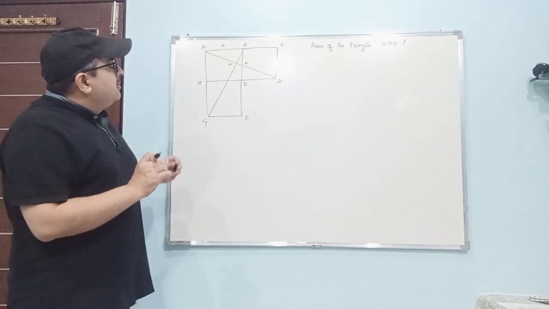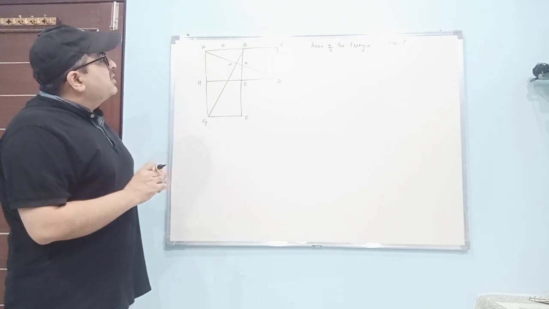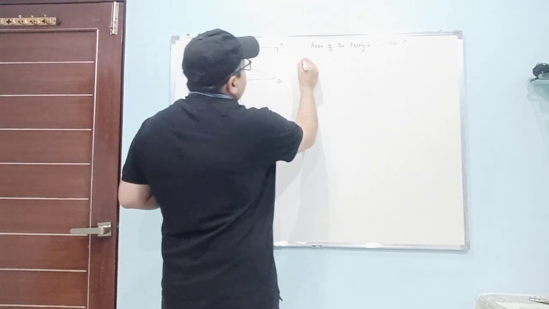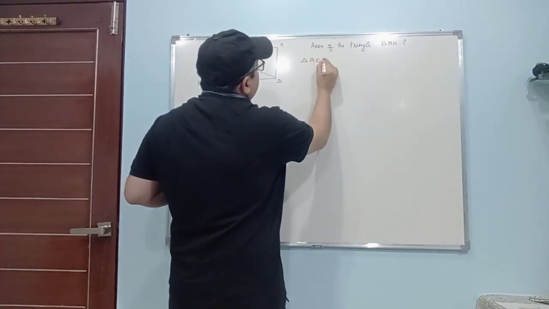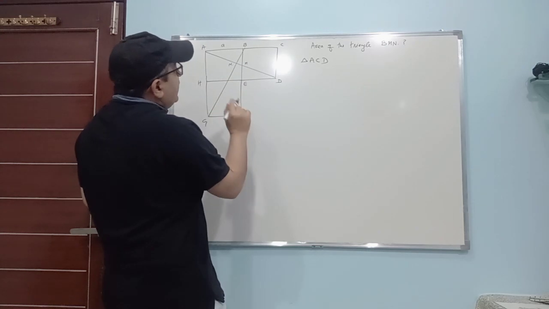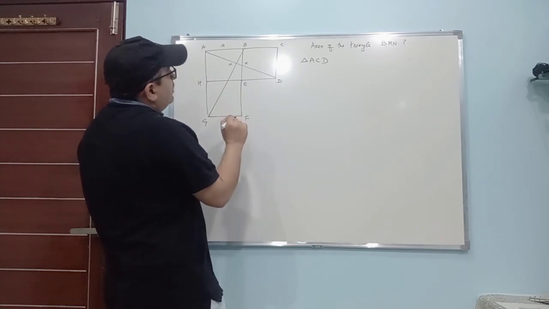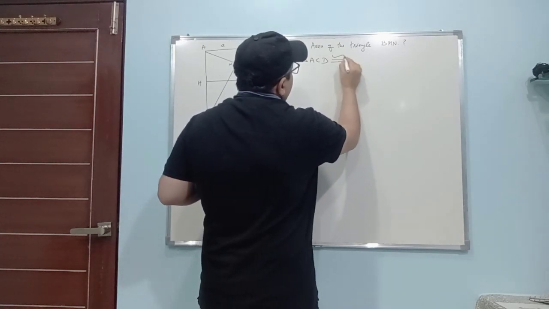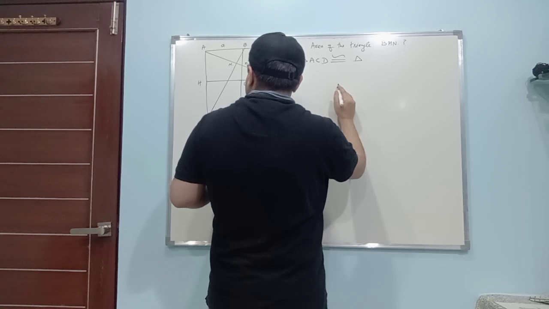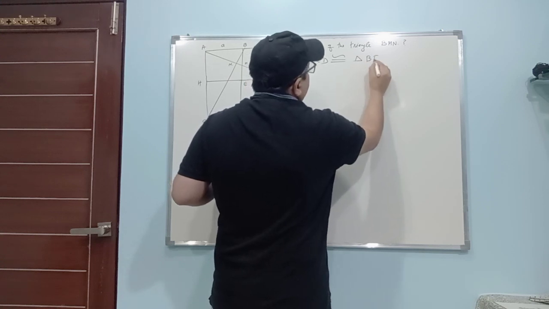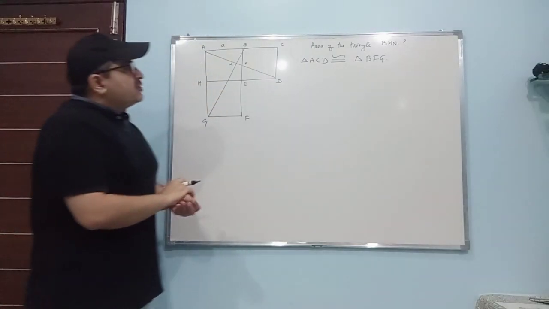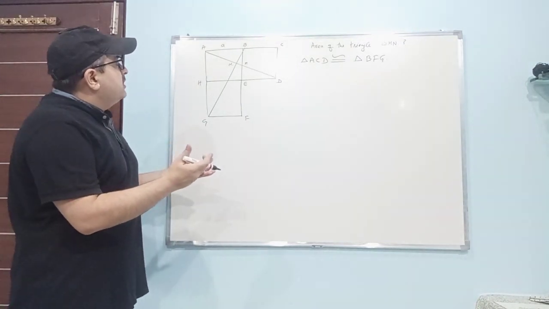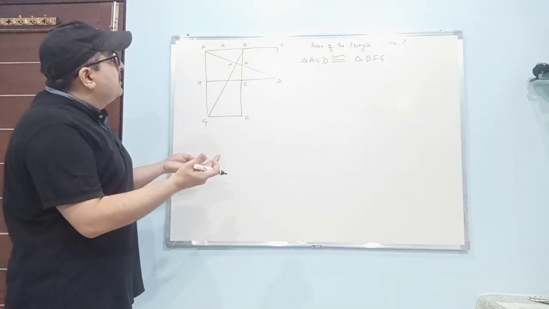सबसे पहले मैं आपको ये बताना चाहता हूं कि ट्राइंगल ACD is congruent with the triangle BFG. ये दोनों ट्राइंगल्स जो हैं वो कॉन्ग्रेंट हैं। कैसे कॉन्ग्रेंट हैं भाई, आप देख लीजिए।